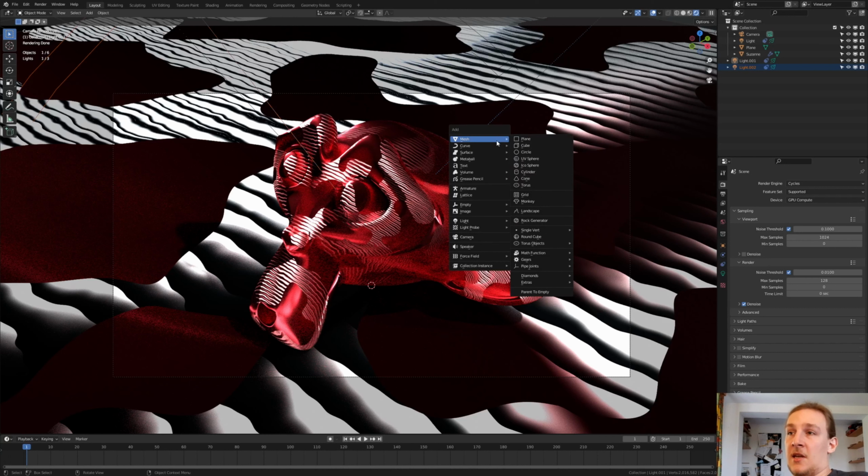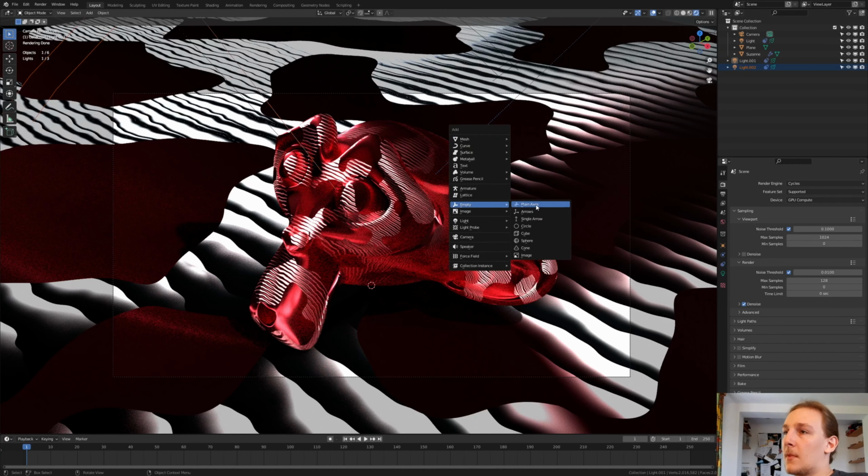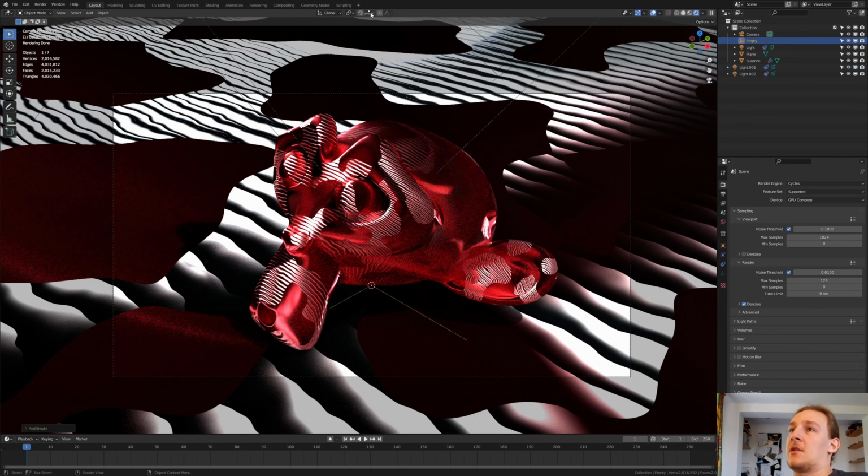Now let's add an empty plane axis and go up here and set this to faces. Now if we press G and Control, it's going to snap to the faces. Now let's change that back to increment, select the camera